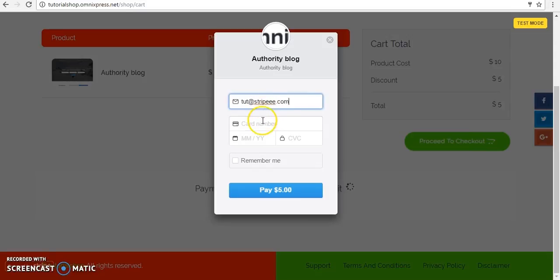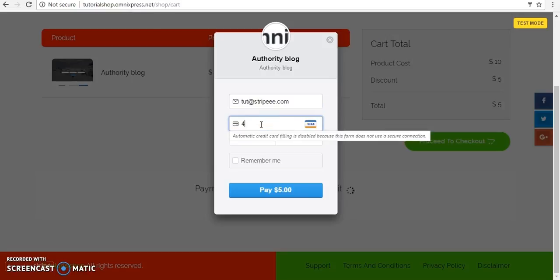Okay, the email is stripe@stripe.com. As I've already mentioned, my Stripe account is in test mode, so I have the dummy card details, that is 424242. I will put that in the application in the next update, so you can even test your details through this particular card. And I just click on pay now.